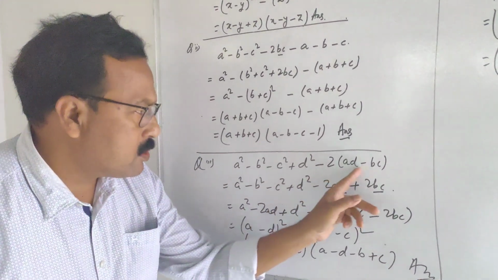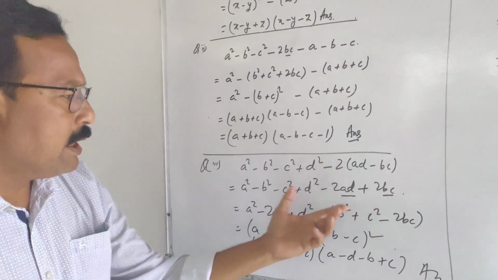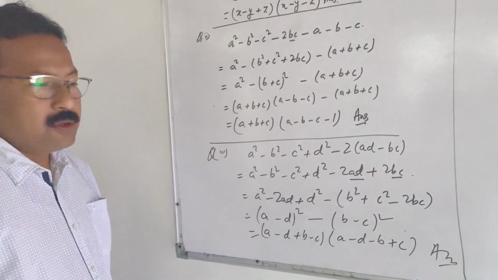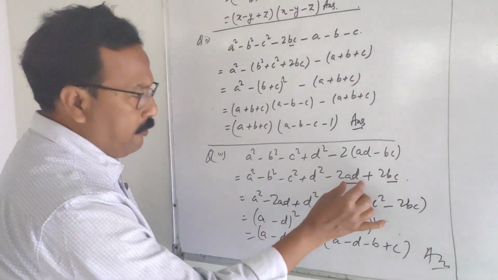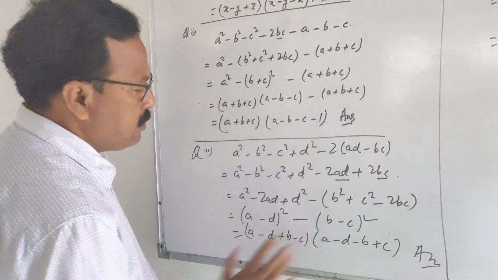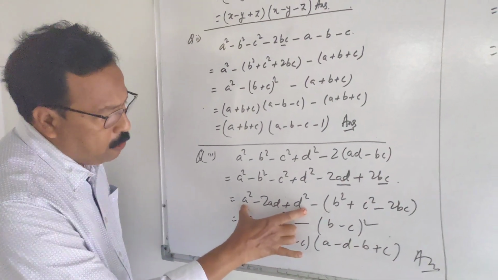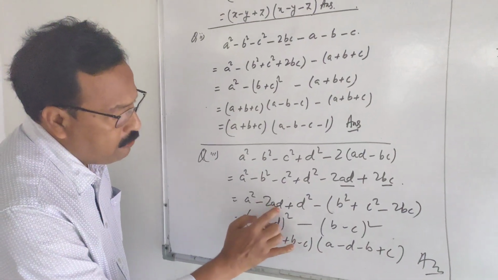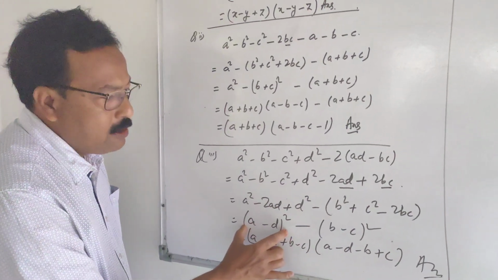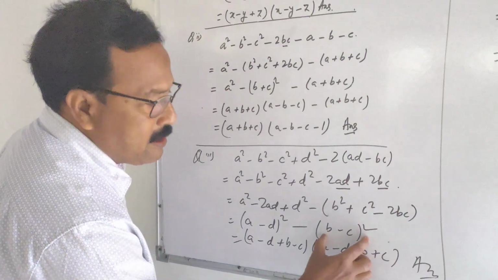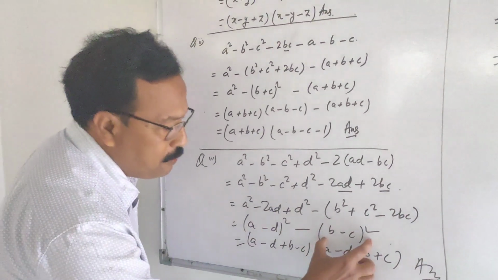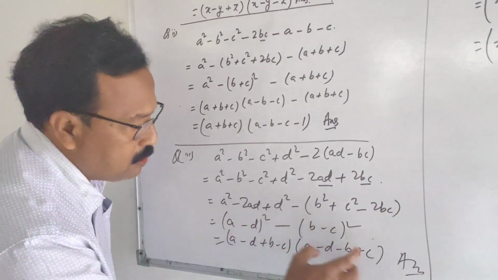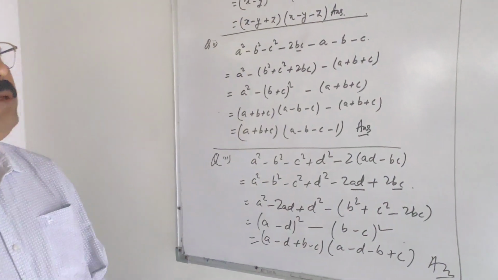In the same process, you can see this one also. On multiplying this term by minus 2, you will get this, and we regroup the 6 terms of this polynomial in the form of a and d and b and c. A and d have been grouped here. It should be a square minus twice of ab plus b square, that is a square, and this one is b minus c's whole square. Here is a square, here is b square, and now the sum of these two becomes this, and the difference of these two becomes this. This will be your answer.